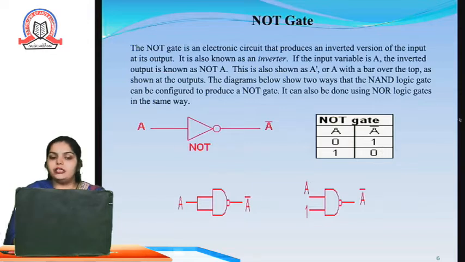It will invert that input. Here you can also see the representation of the NOT gate with different types of gates. In the case of the NAND gate, you can just represent it by a single bubble. That bubble shows that it will invert the operation of an AND gate.